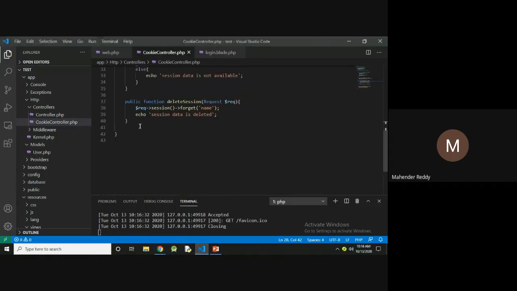After that I'm going to use array data to store. It is the last one.